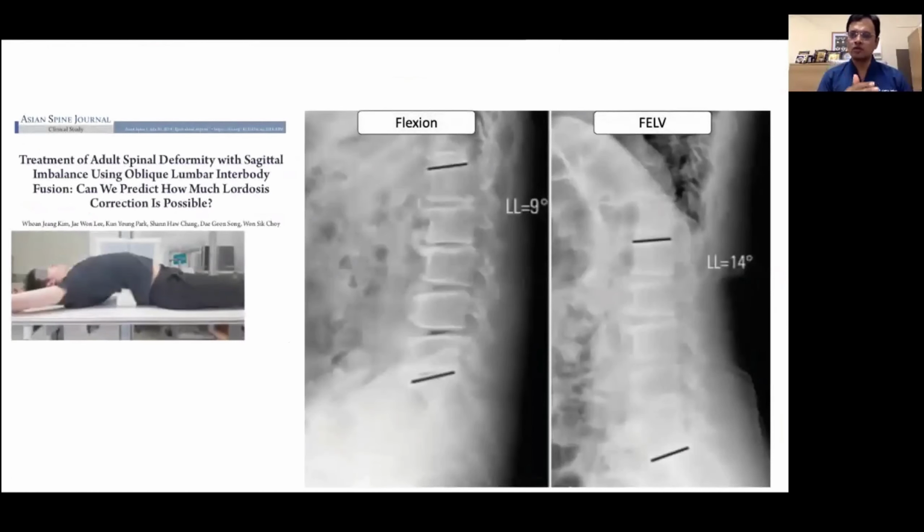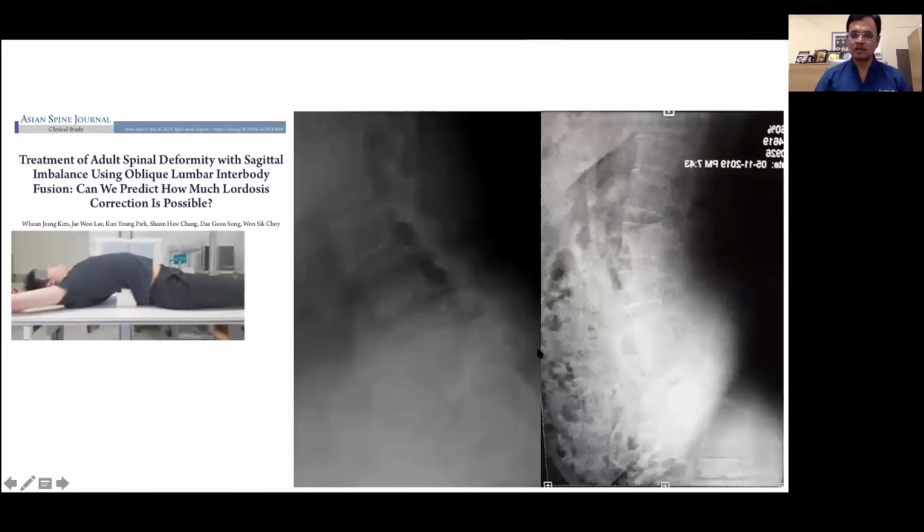One of the ways that has been shown in some cases to consider how flexible the spine is, or how much anterior distraction we can achieve, is by getting what we call a full extension lateral view X-ray. So as you can see, this is an example where, despite a full extension lateral view, the lordosis is increasing by only around 5%, and this is the maximum amount of lordosis that we can probably achieve by anterior distraction. Further distraction may be limited by chronic ALL shortening or due to several other factors that we can find out.